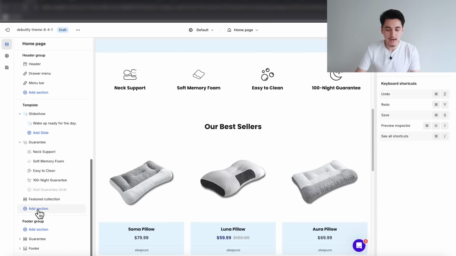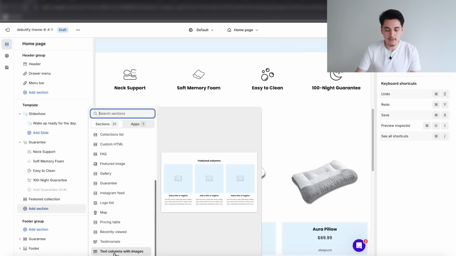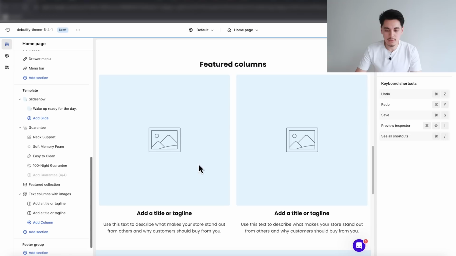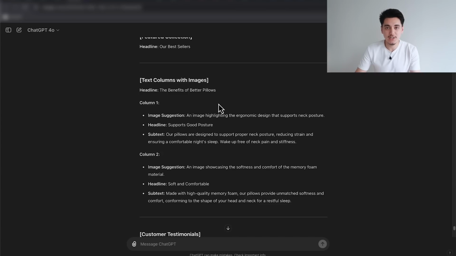All right, so now that these 2 sections are good to go, we're going to go ahead and add another section. And then you just want to find the one that says text columns with images. And over here, we're going to go ahead and delete one of the columns. And this is basically going to be the section where we highlight some of the benefits and key features of our products. So if you go back into your ChatGPT results, you should already have all of the copywriting needed